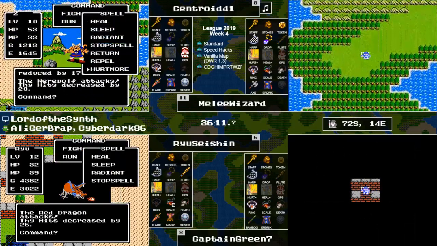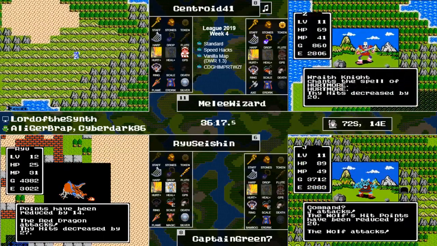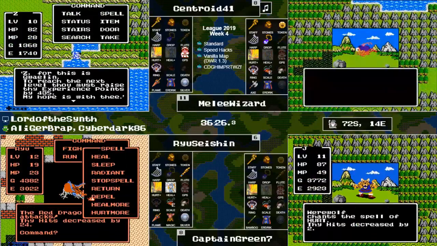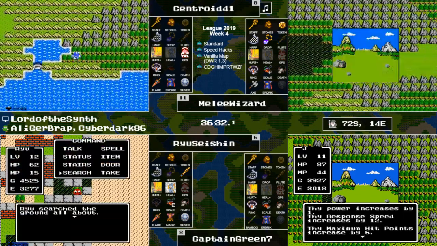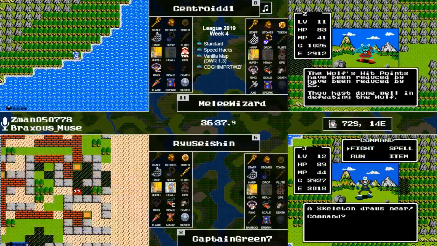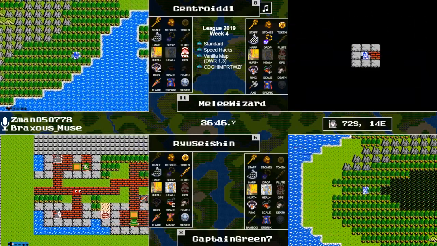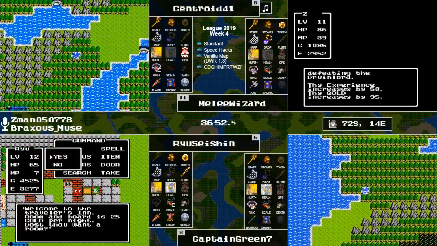CaptainGreen7 making his way through the bottom part of the grave. And Ryu gets level 12, which happens to have Healmore, so Ryu is going to be in good shape with this red dragon. Gets his token. And MeleeWizard headed to Mountain Cave. I believe this is his last check, as we said before, Sharlock, although we know there's nothing